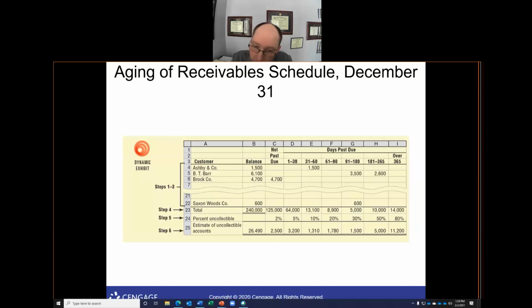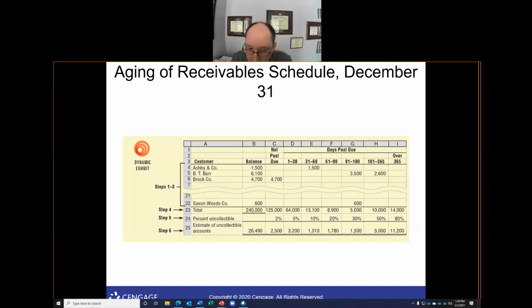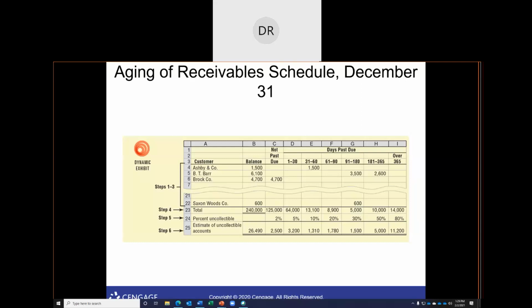So that 240,000 after a year will be down to 14,000. After a year, you'll be down to 26,000 is what you'll be able to collect, or won't be able to collect. Back there to the total number. Okay, I see it. You got it. Because 80% of the money will be down. Okay. Yes, sir. You got it.